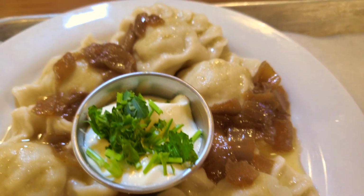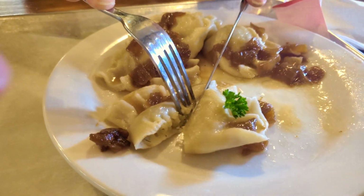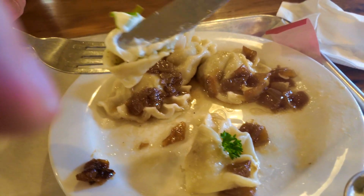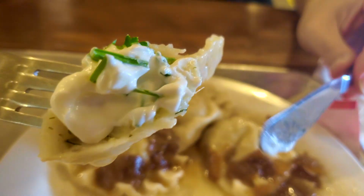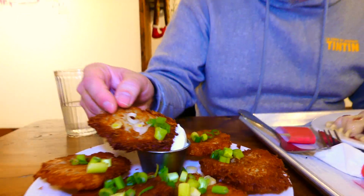Yeah, ooh, very nice. Yeah, doughy, but kind of pillowy too. And then the first thing you taste is the dill, and you get that smooth potato finish at the end. Of course, just a sour cream, a bit of those green onions. Yeah, especially with that caramelized onion, adds a nice little bit of sweetness because it is, you know, kind of a mild flavor. So you have this latke, and then of course, just right into the whipped cream, right into